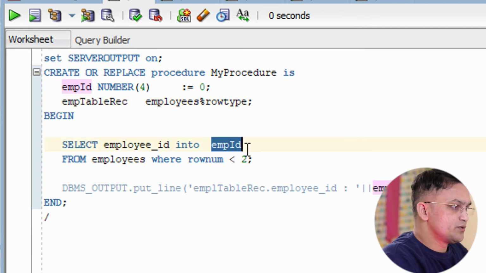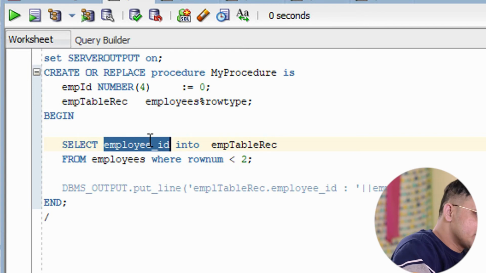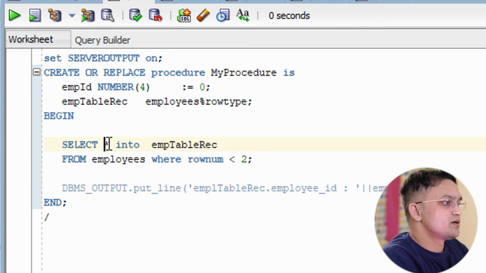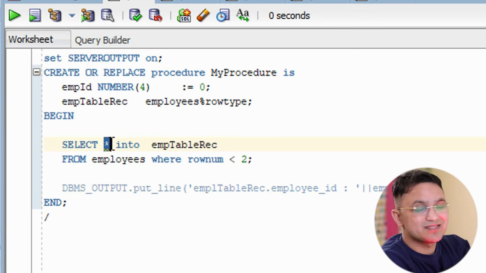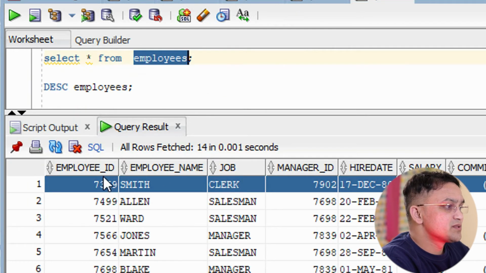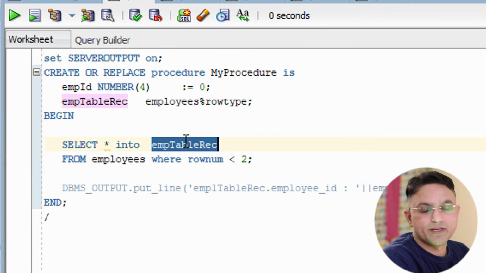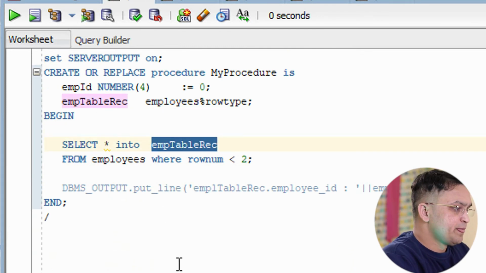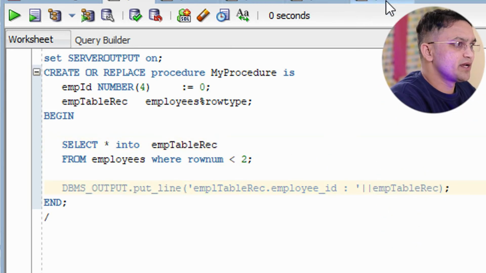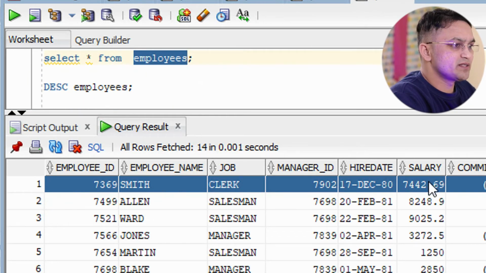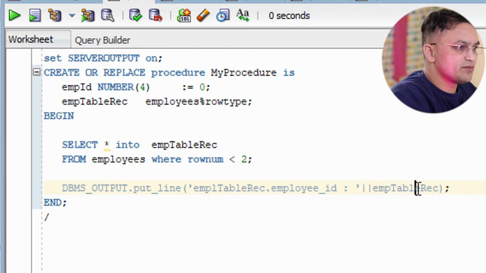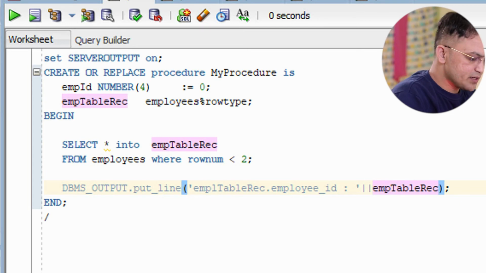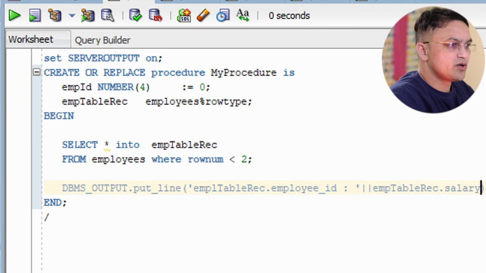Now over here you need to give this one, and then you can simply use the star, so that over here I can access, or I can select all these columns, correct, and all these columns information will get stored over here. Okay, so this is very simple. Now if I wanted to access any column over here, let's say for example salary, then simply what I can do, I can give the record name, and then over here you need to give the salary dot salary.